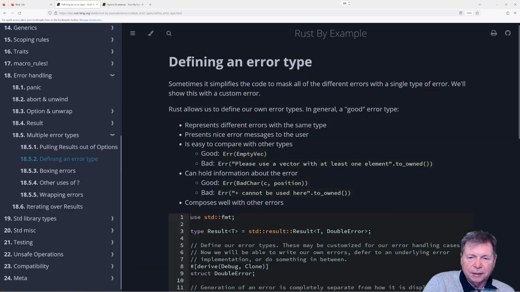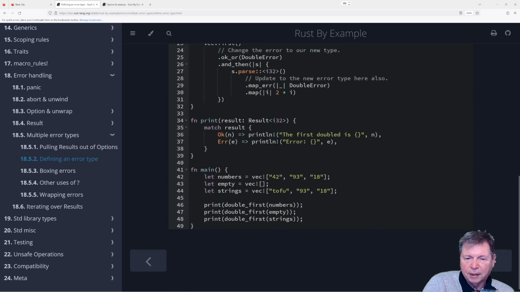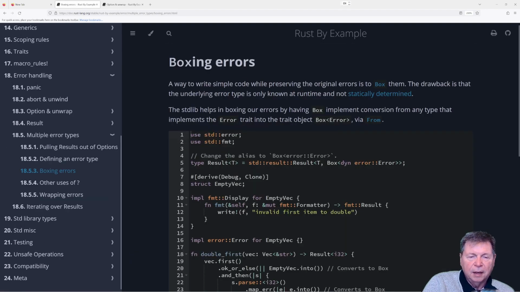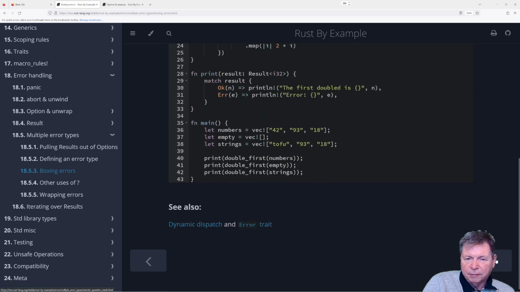I think we can kind of skip over this for now. Defining an error type. Yeah, we're not going to do that. Create our own error types. I think we can live without that. Boxing errors, a way to write simple code while preserving the original errors to box them. Shoot. Okay, yeah, we can live with that.